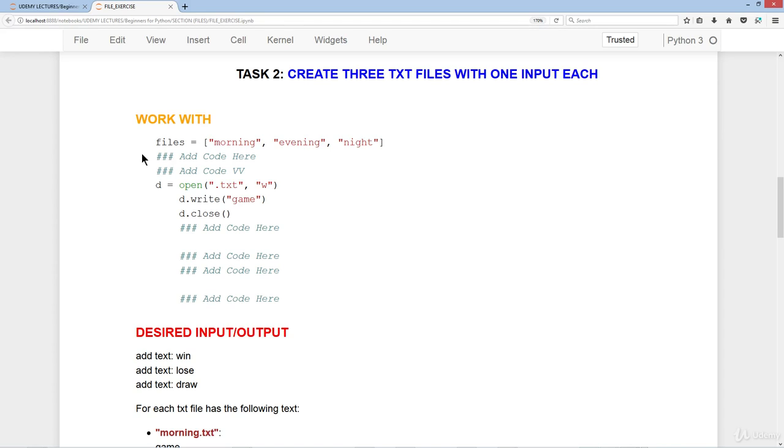As you can see here, we've got these hashtags where you add code. If it has "add code" here, you put the code directly in the same line. If it has "add code VV", you put the code in the line below where it has these hashtags. So there's 6 in total here that you have to fill in. And the output that you're looking for